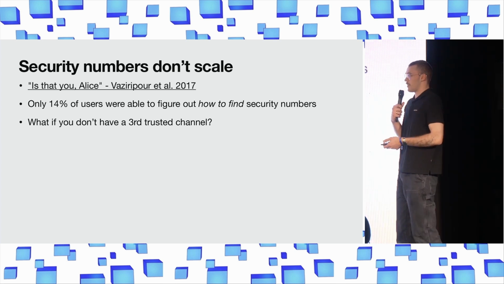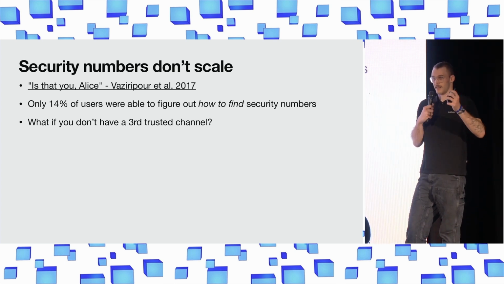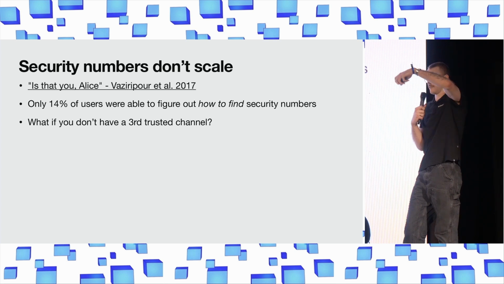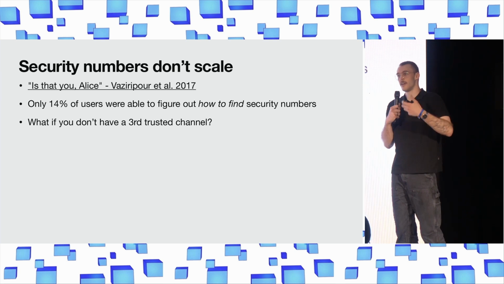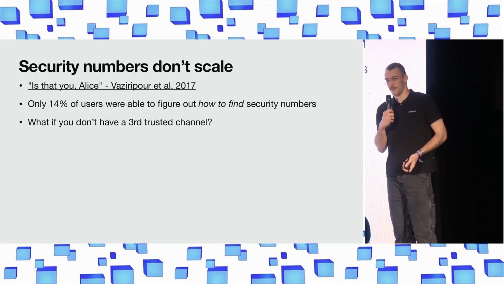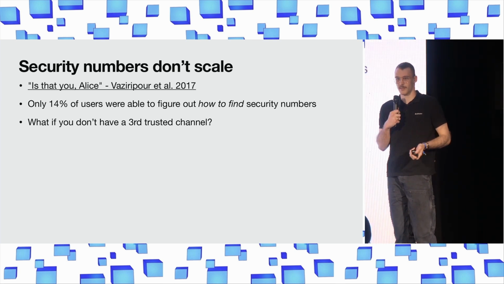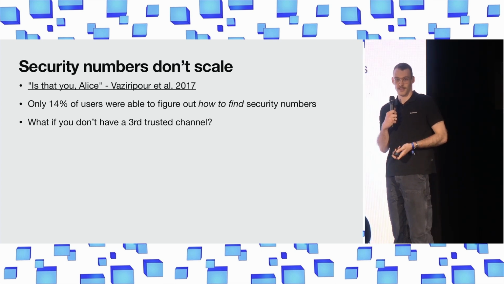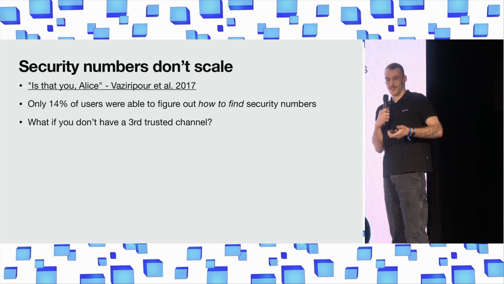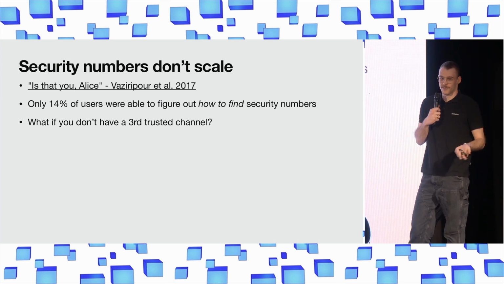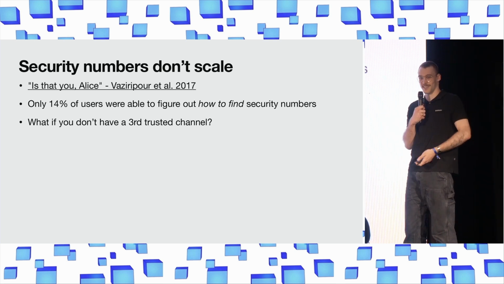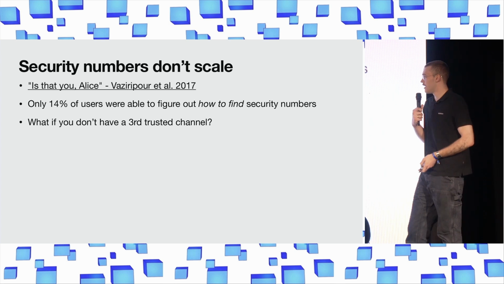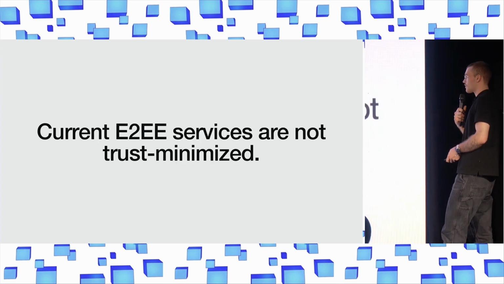Really what you're doing is comparing that the Merkle root they gave you is the one that they gave your conversation partner, and you have to do this in real life. You need a third trusted communication channel to do this, and they recommend that this is done in real life, of course. It's the only true third trusted communication channel. And what if you're on the other side of the world? You can't really verify it with them. You also can't verify it over Signal, of course, because they can just modify the messages, like I said. So this is a huge problem.